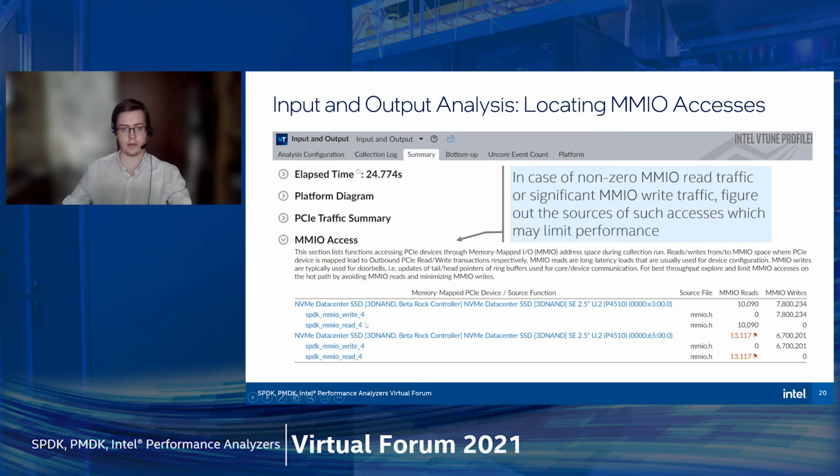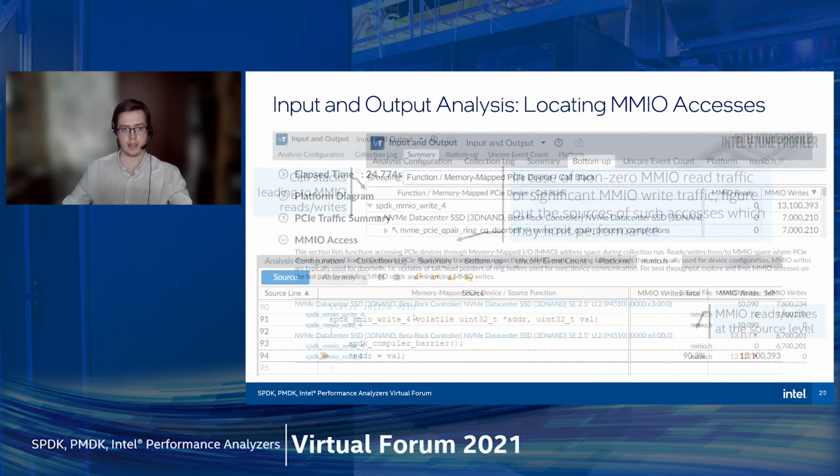So in this example, in this summary, I see that I have 2 NVMe drives. I see which functions perform MMIO reads and writes, and I see what is the source file where these functions are defined. And when I click any of these rows here, I am navigated to the